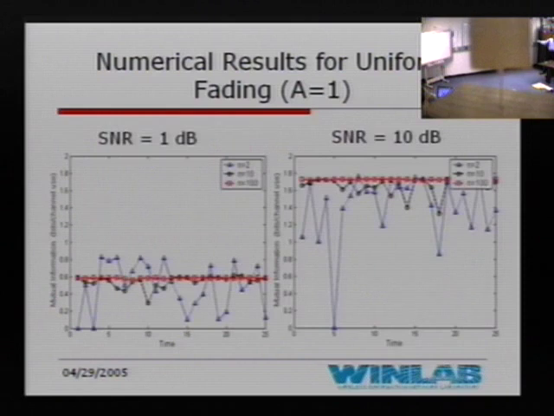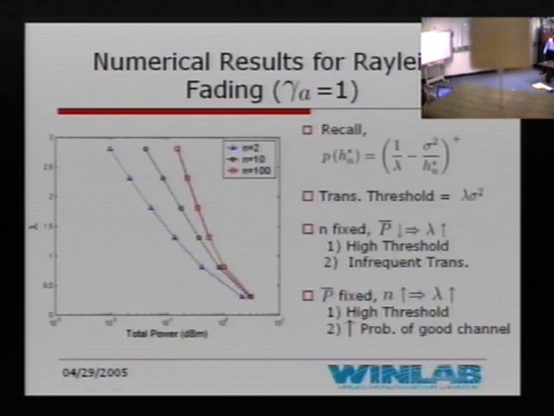And these are the same graphs just plotted for 2 different values of SNR, where SNR was defined by P bar over sigma square, and we get a roughly 3 times better mutual information. So now we have the same results for Rayleigh fading. I've just written down these 2 equations for recalling purposes.